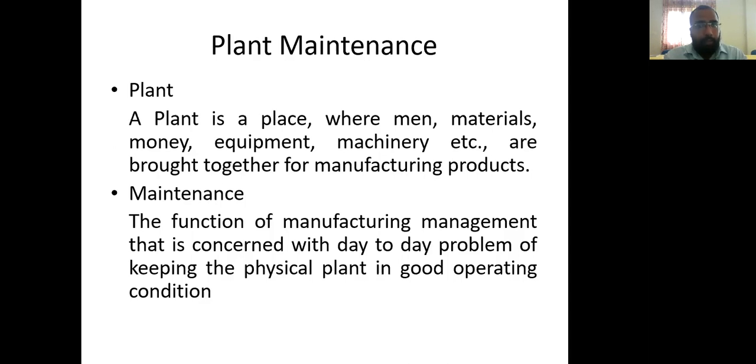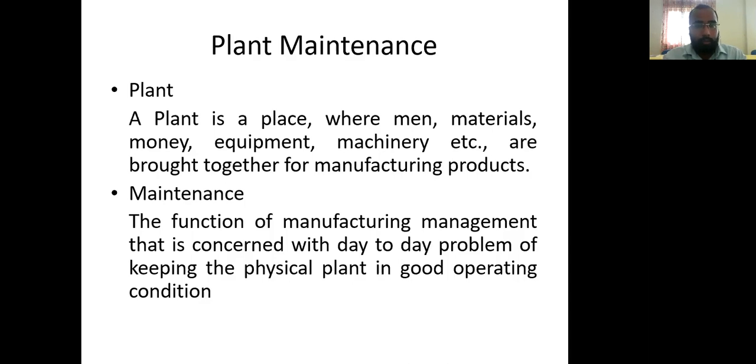That is why the plant maintenance aspect is very important in any kind of manufacturing firm, not only in manufacturing, but in every kind of activity, in a home or in a school or in a college or in any kind of services, hospitals and organizations. Anyway, we must maintain things very well. If not, it is not going to happen in good or smooth operating conditions.